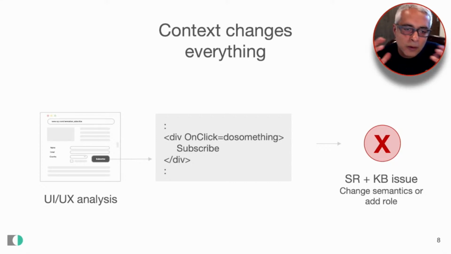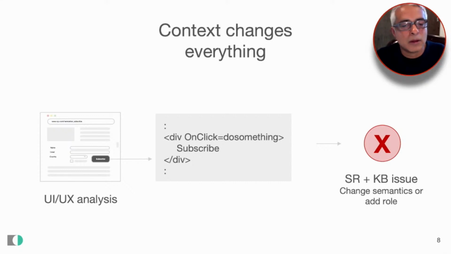Now, if you look at this problem in a different way and you turn around and say, well, okay, what if we could analyze the UI and the UX of the website or the web application, and we can know conclusively that a particular element is a button. And then when you look at the code underneath that, you can very easily tell whether there's an accessibility issue with this or not. So for example, if I know that this thing is a button and the code underneath represents just a div and it's got nothing else with it, then we know clearly that this is going to be a screen reader issue and a keyboard issue. So it's all predicated on knowing what these elements are.